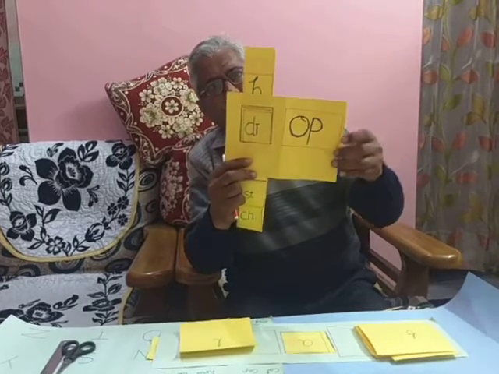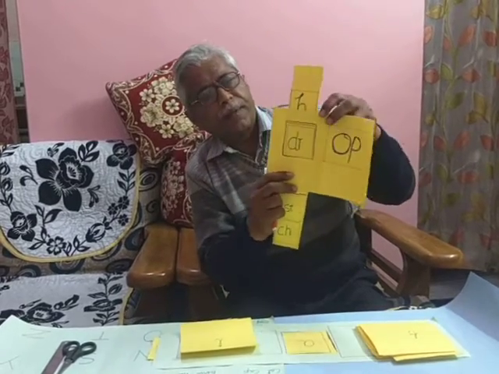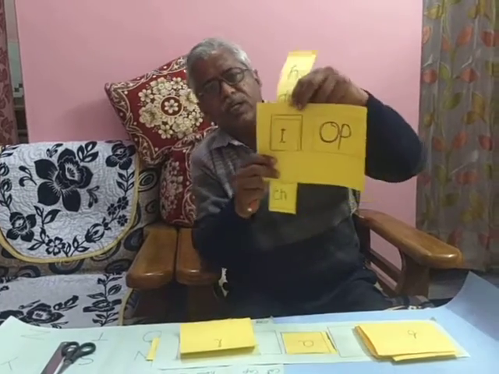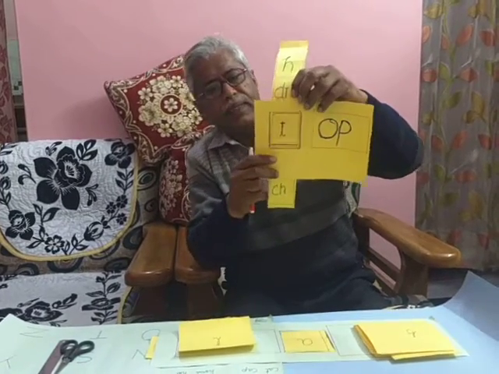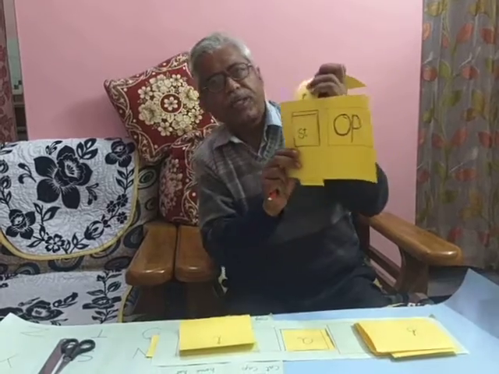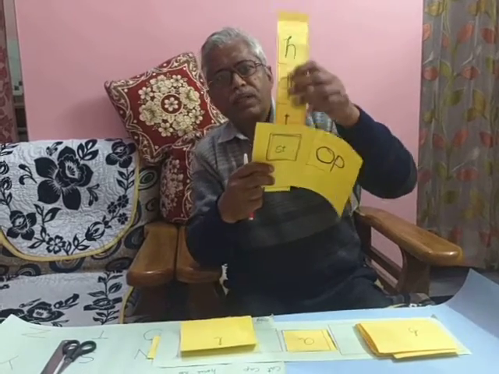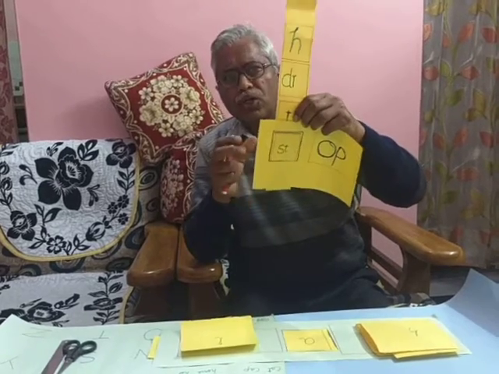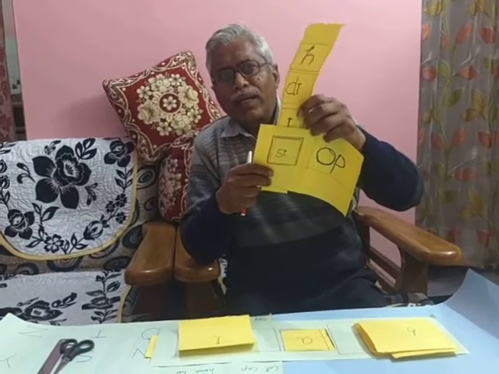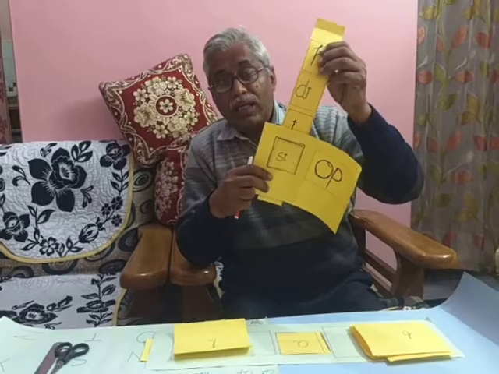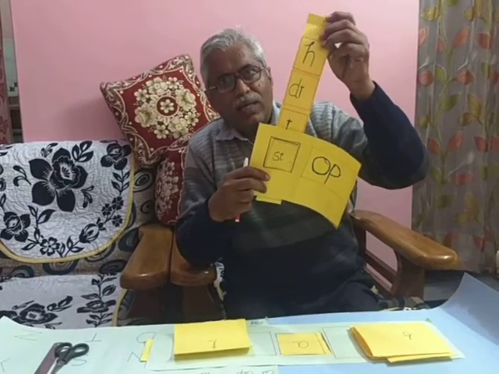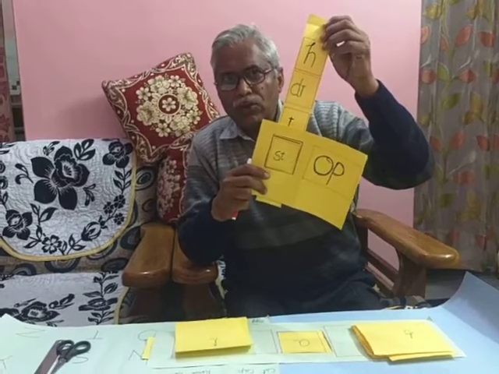He will read. Drop. Like this, I'll keep moving it upward. See, top. Then another word. See, stop. So with this activity, the child will have curiosity in learning the English subject, and the English subject will not be boring to the students, rather it will be very joyful to the student.